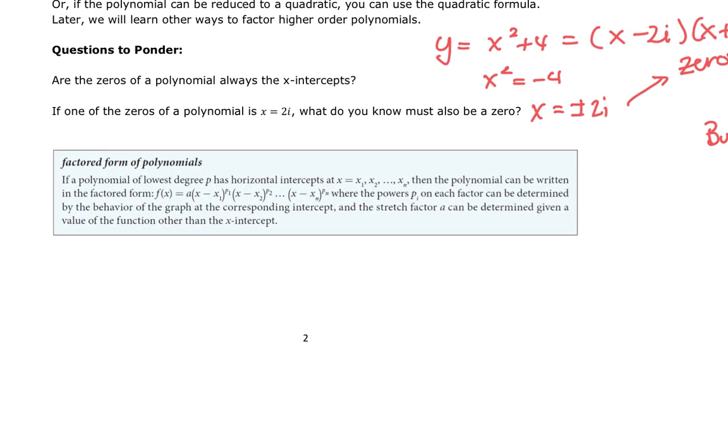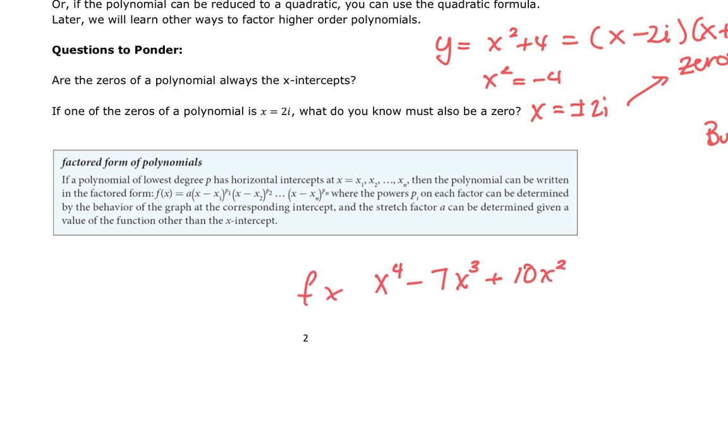So when we talk about our polynomial being in factored form, this is what we expect it to look like. Some leading coefficient gets factored off, and then we have x minus some zero raised to maybe some power, and then x minus some other zero raised to some power. So if I start out with, as an example, x to the 4th